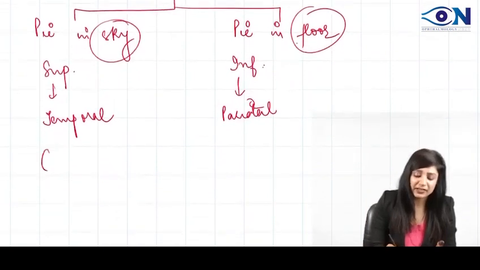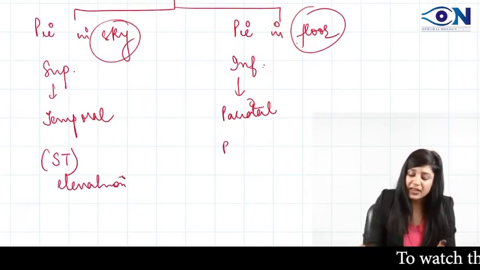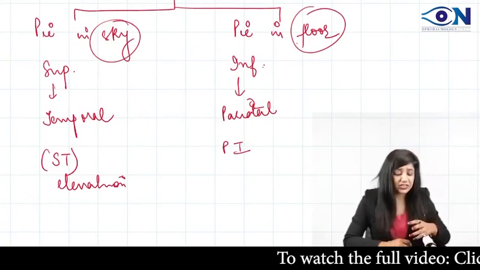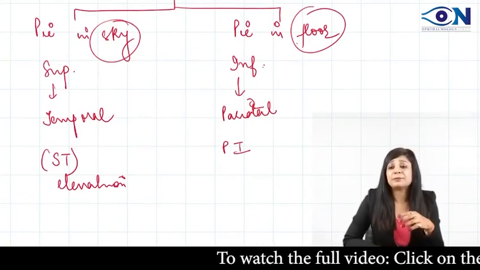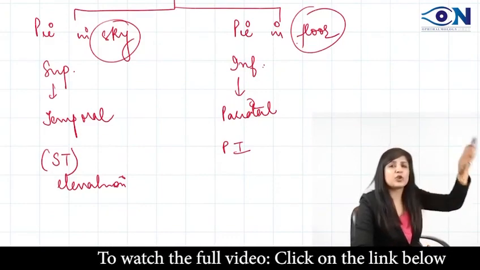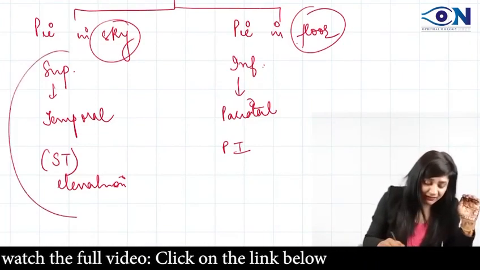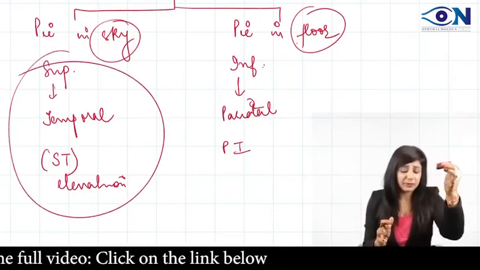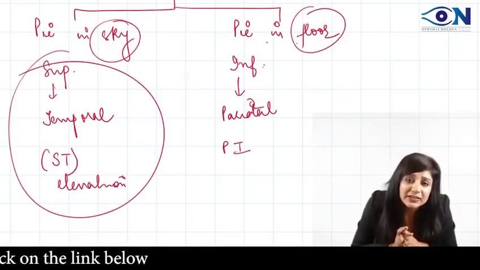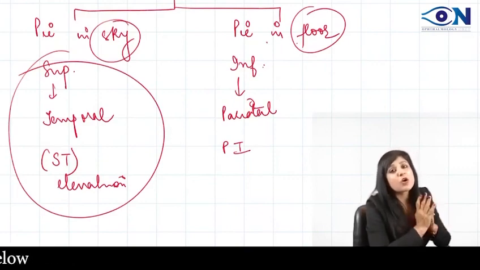So remember it by ST elevation. PI, peripheral iridectomy: in parietal you get inferior. Just this. If you know the rationale, you know that the temporal lobe contains the inferior fibers and the parietal lobe contains the superior fibers, but just for remembering, you can remember it like this: ST elevation means superior, in temporal lobe. The inferior fibers are affected in the temporal lobe, and in the parietal lobe the superior fibers are affected, therefore we will have inferior quadrant anopia.